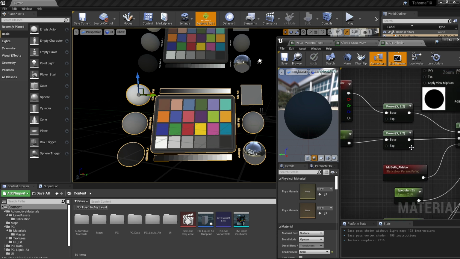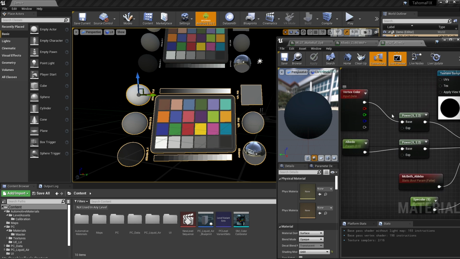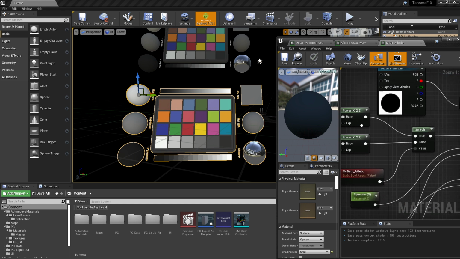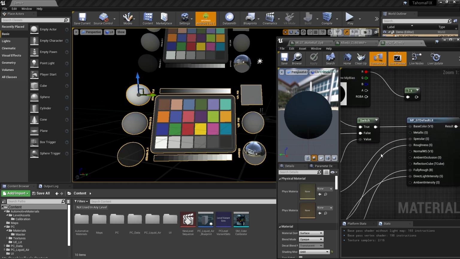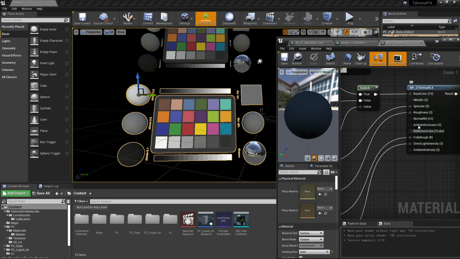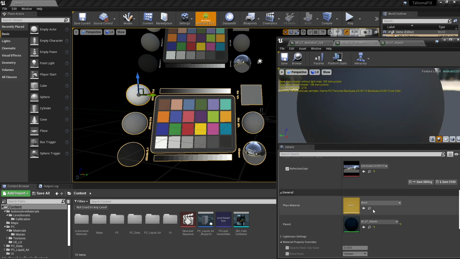We've got the albedo going through a power. I've got the vertex colors also going through a power. So it's interesting. It doesn't actually use texture map information. It's using vertex color for that stuff. And I have a little switch that lets me add some functionality into there. But for all practical purposes, this cube map that's part of this guy is what's being referenced in this initial instance.